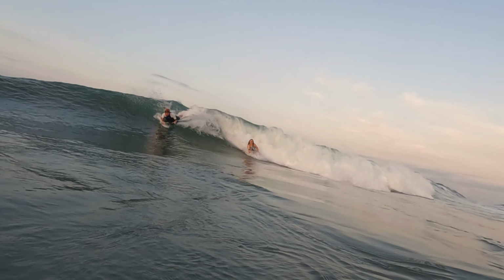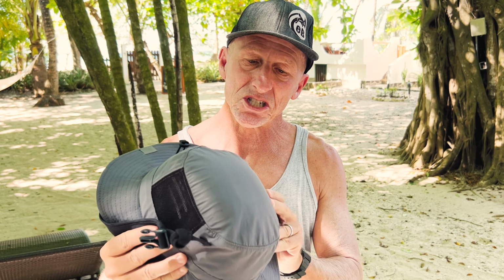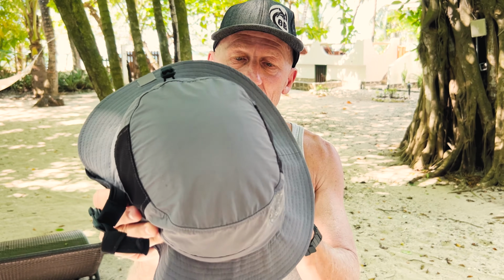This is a hybrid hat. Now this one provides a shell inside. It's a plastic shell. This will provide some protection from getting hit by a board or the reef, less than a hard shell helmet like a Gaff, but this combines sun protection as well. And they have, all of these have clip straps that go under the chin, so they're not going to come